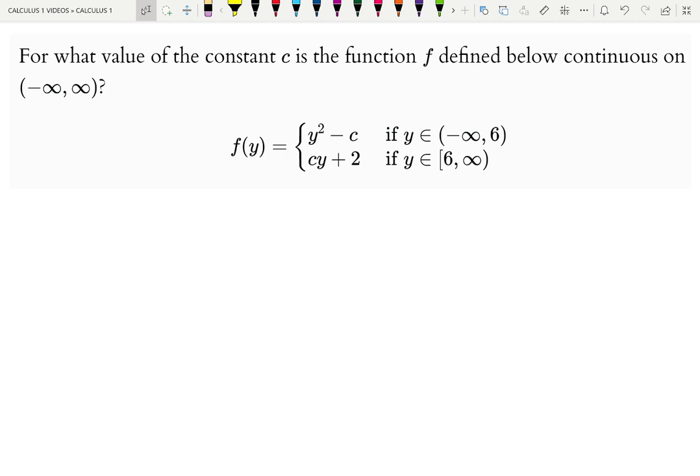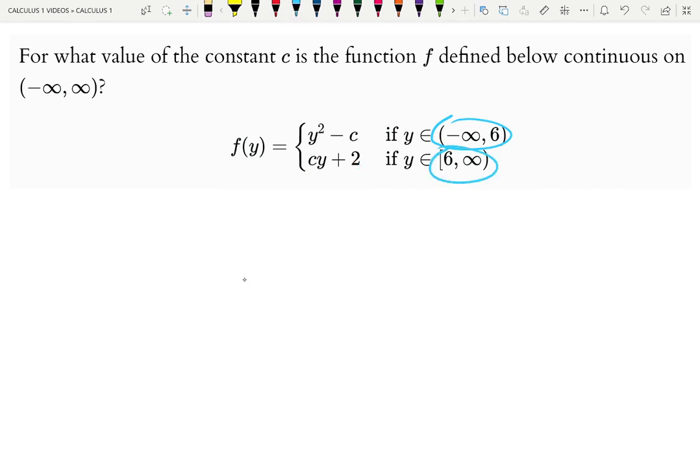For what value of the constant c is the function f defined below as a piecewise function continuous for all real numbers x from minus infinity to infinity? We are working with a piecewise function. F of y, don't be scared of this notation, it means that the inputs are called y, equals y squared minus c if y is less than 6, and then cy plus 2 if y is greater or equal